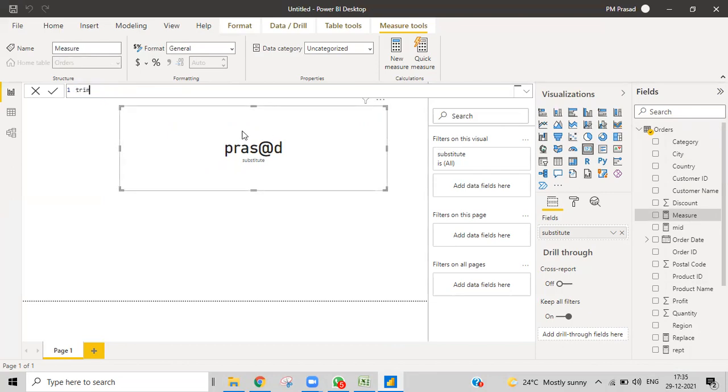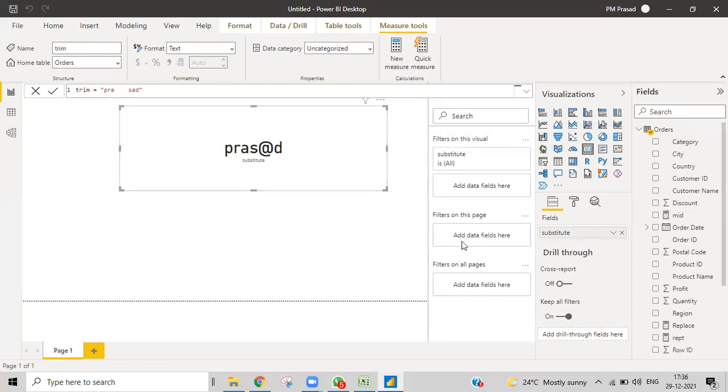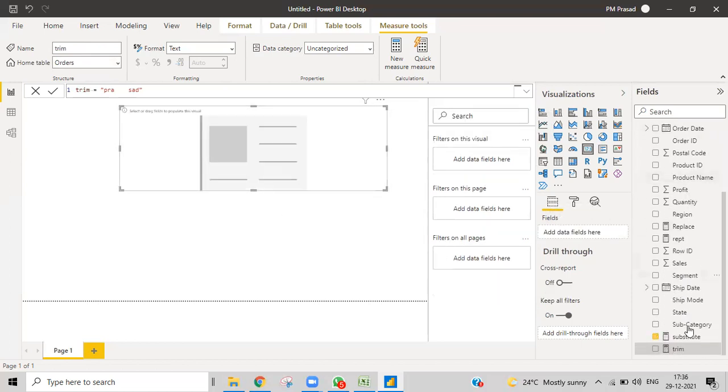TRIM equal to, first of all I'll give that some text with 4 spaces between them. And then I want to make it trim.